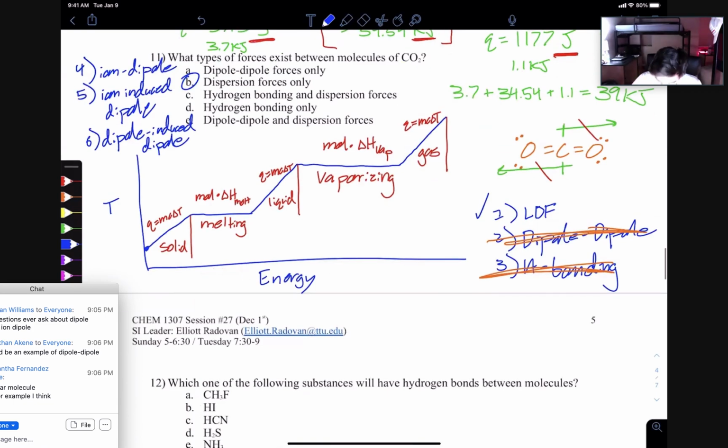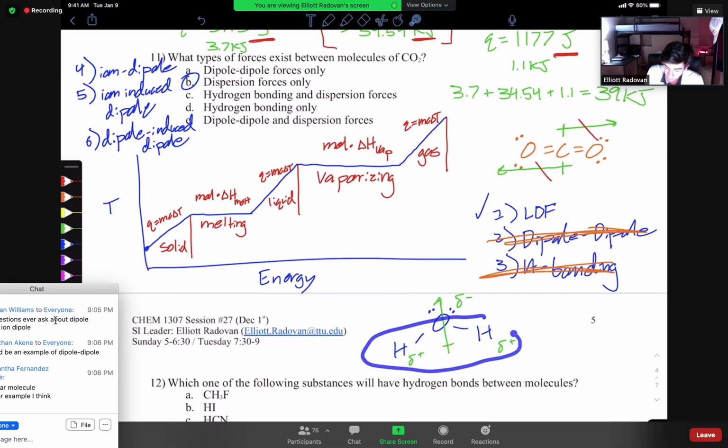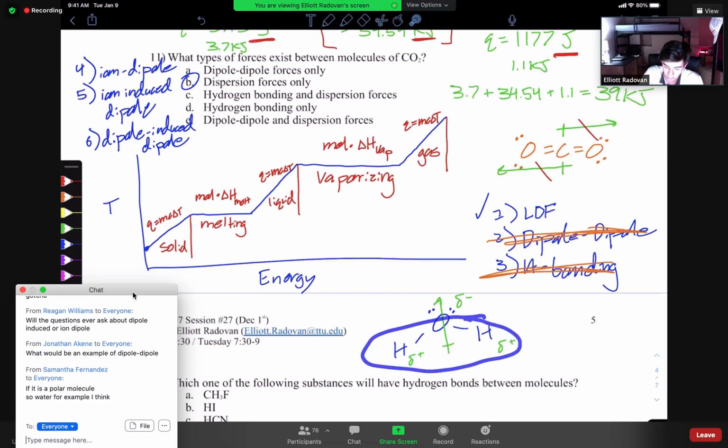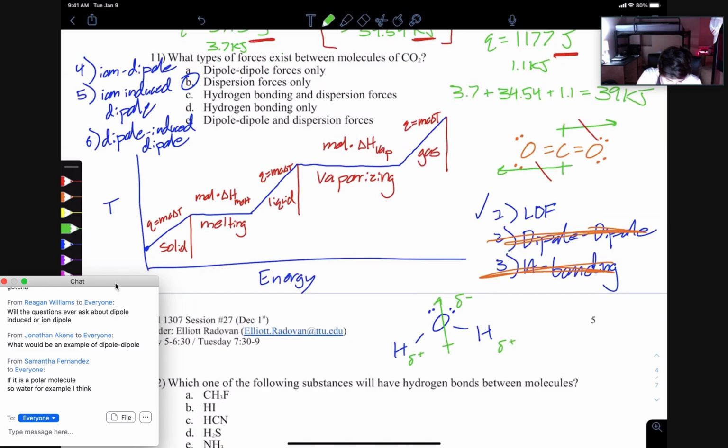Because if you think about a water molecule here, I'll just draw this out. So the net vector on here is going to look like this. So we have partial positivity on the hydrogen side and partial negativity on the oxygen side. What I mean by that is the oxygen side of the molecule has a negatively charged region, and the hydrogen side of the molecule has a positively charged region. So if I were to duplicate this molecule, what happens is,